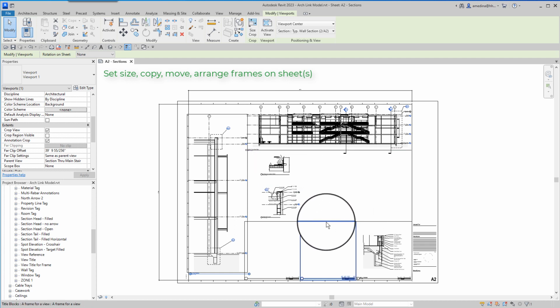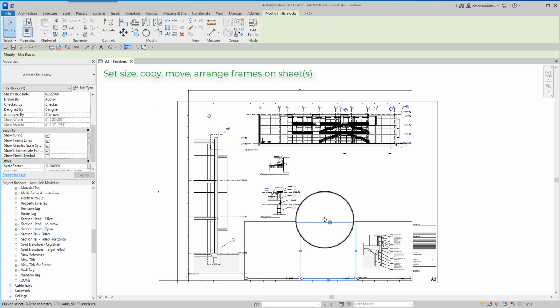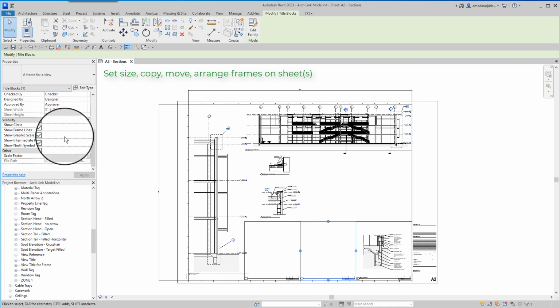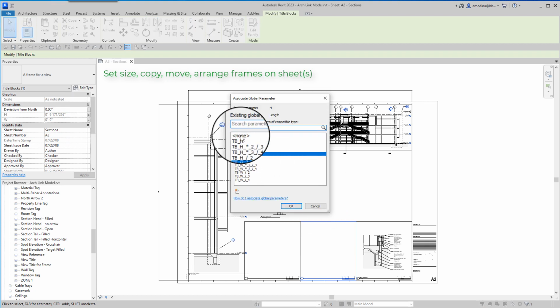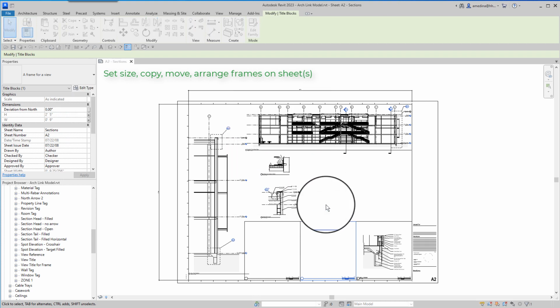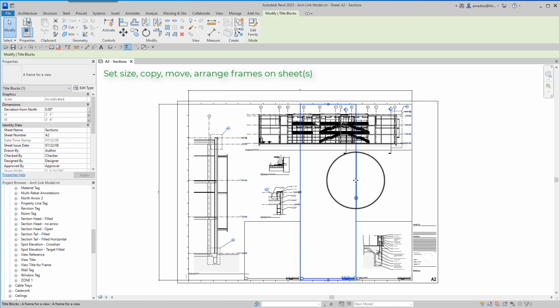For example, suppose that this viewport needs to be the full height, but for 1/4 of the width. So if I select this frame and go here to the properties, and for the height, I select the full height, right? Immediately I have the page divided in that way.